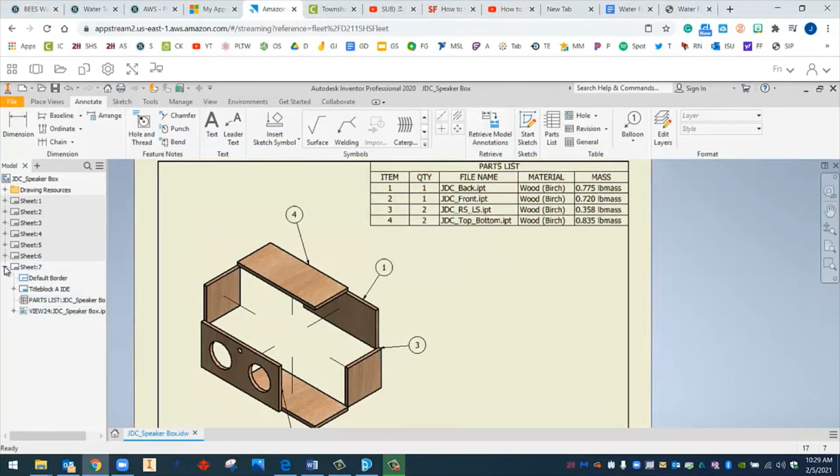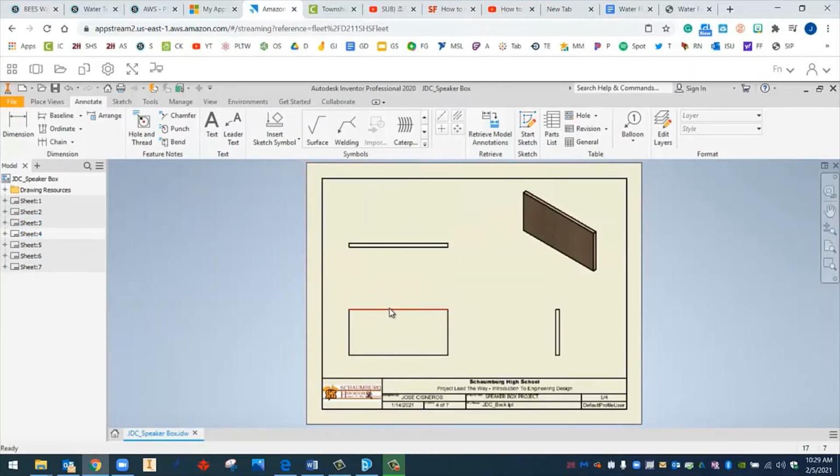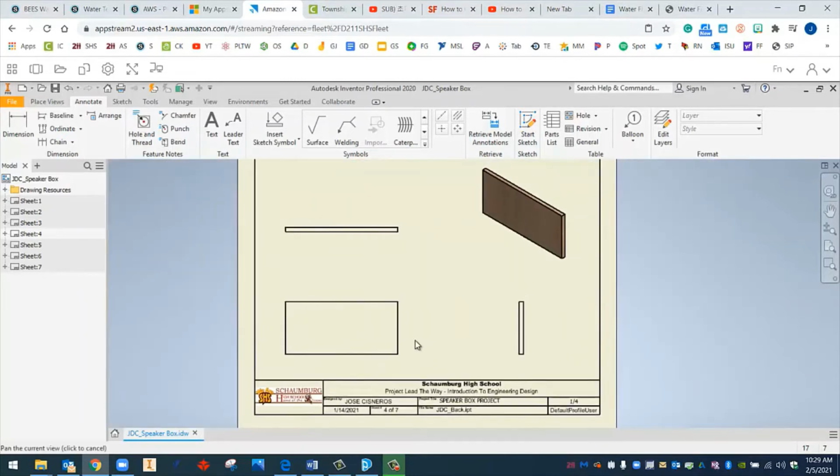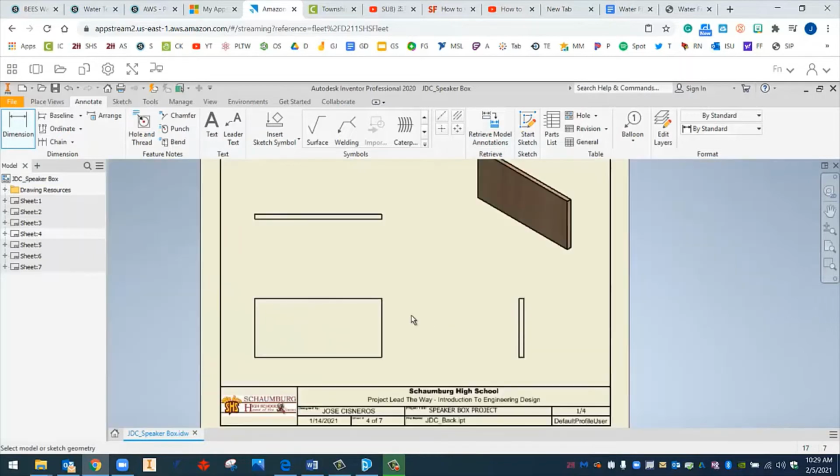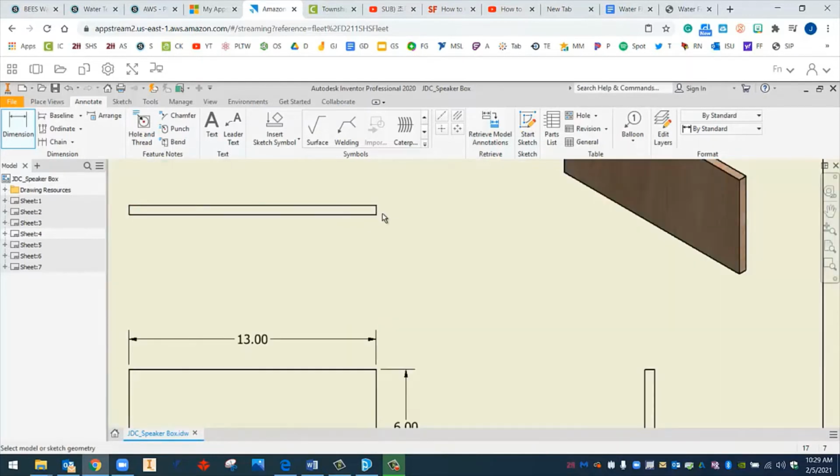All right, I'm going to minimize this for now, and I'm going to go back to sheet 4. Sheet 4 does not have any dimensions. Maybe you gave this a try after watching the previous video where we dimensioned the front panel. This one's going to be a lot simpler. We're going to use the dimension tool like we always do, but this one really doesn't need that many dimensions. It's just a rectangle. So if I have my width, my height, and my depth,